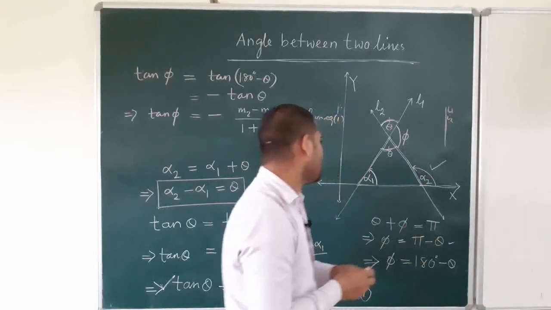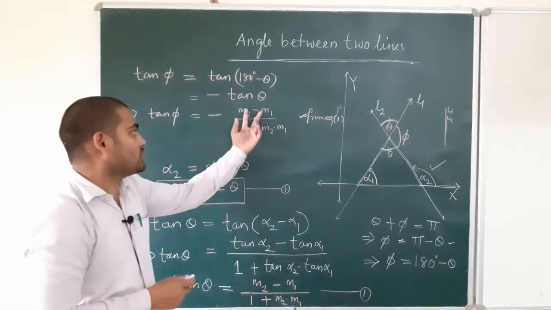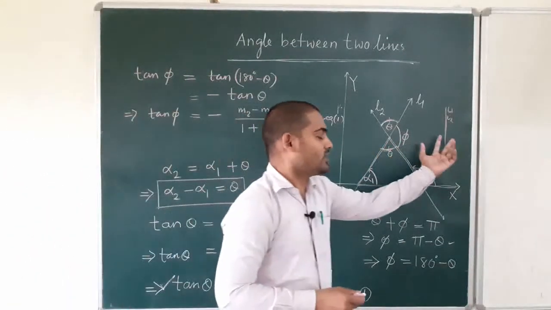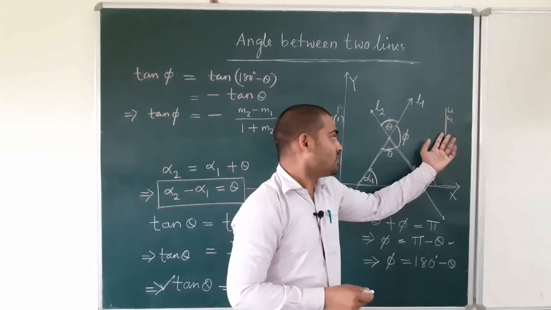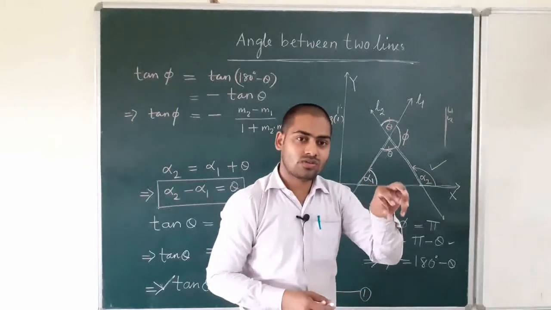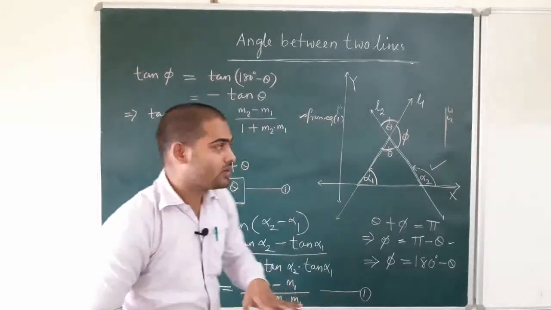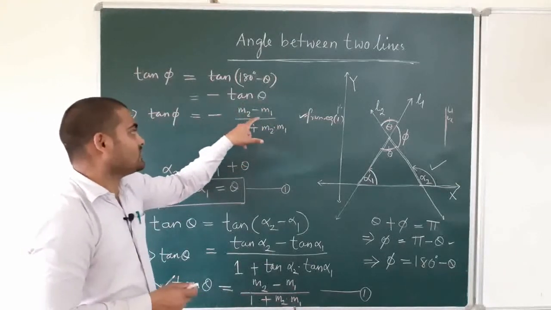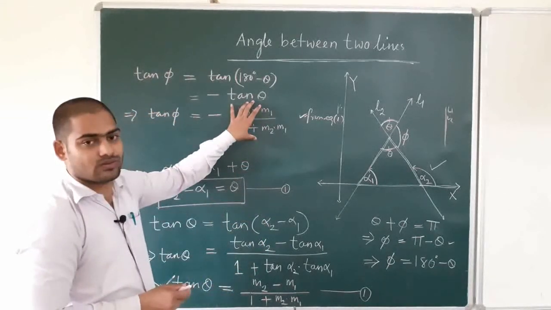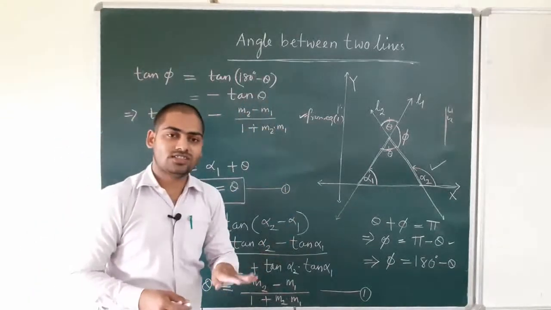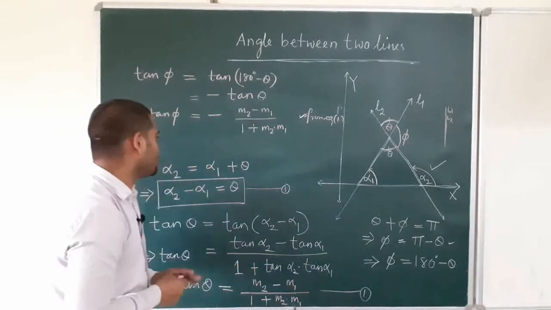Okay? That time you get 0 value also, because their slope is equal. If L1 and L2 lines are parallel, then the angle between them is 0. Also you may say the slope of L1 and slope of L2 are equal. If M1 is equal to M2, then their subtraction will be 0. Then you get 0 value. Okay? And tan 0 degree is equal to 0. So theta is 0. Understood?